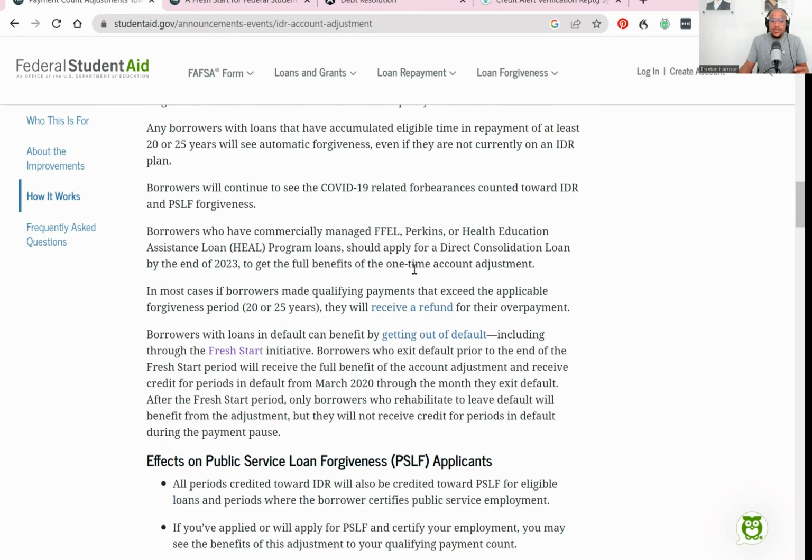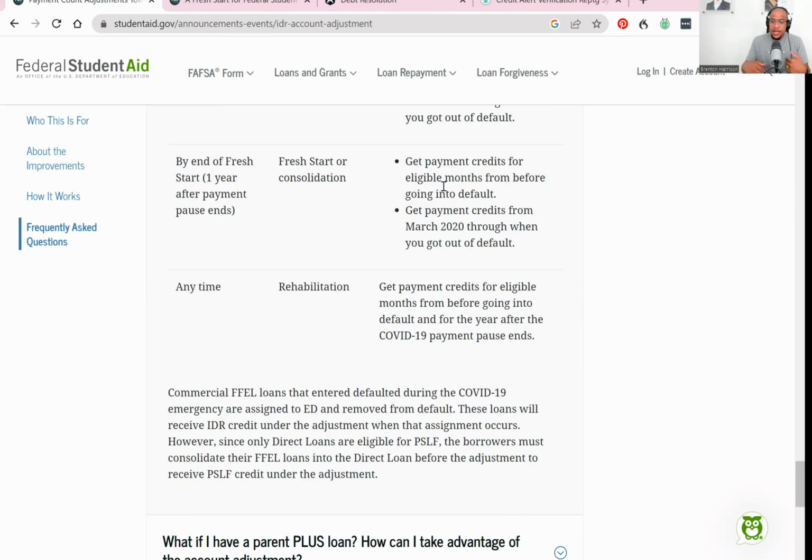Now, the problem is if you do not take advantage of Fresh Start and you just simply rehabilitate your loans, they'll only give you credit for the student loan payments that you've actually made once the loan has rehabilitated. They won't give you credit in that scenario for defaulted months that might have gone back to March 2020. So if your loans are in defaulted status, you not only need to take advantage of this now if you're aiming to have them forgiven under one of these programs,